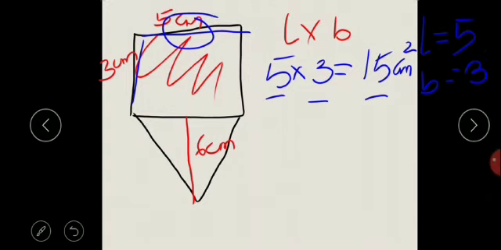So basically, base is the part of the shape of a triangle on which the whole shape stands, जिस पे पूरी shape stand करे, जो कि बुनियाद है, we call it the base. This is going to be the base. अगर हम ये देखें, जो base है ये actually rectangle का part है, और अगर हम ये देखें, ये part जो है ये सामने वाली length के बिल्कुल opposite है, which is actually 5 centimeter. So if this is 5 centimeters, this will also be 5 centimeters, and so the base is going to be 5 centimeters.